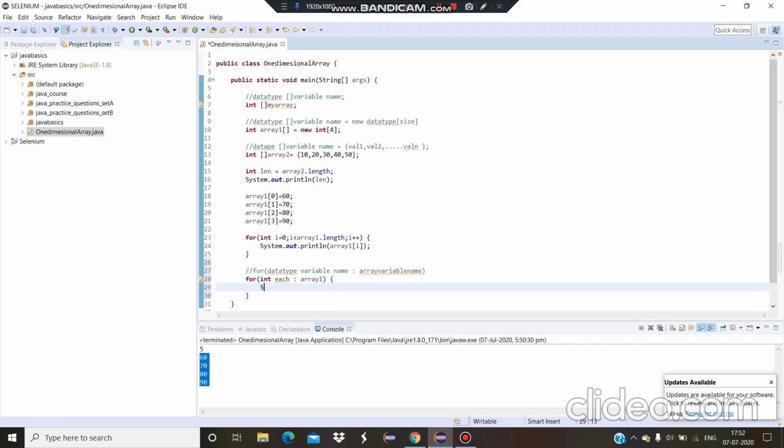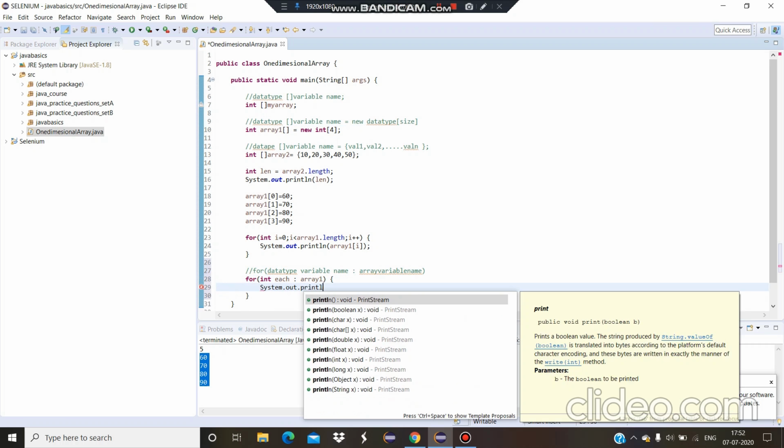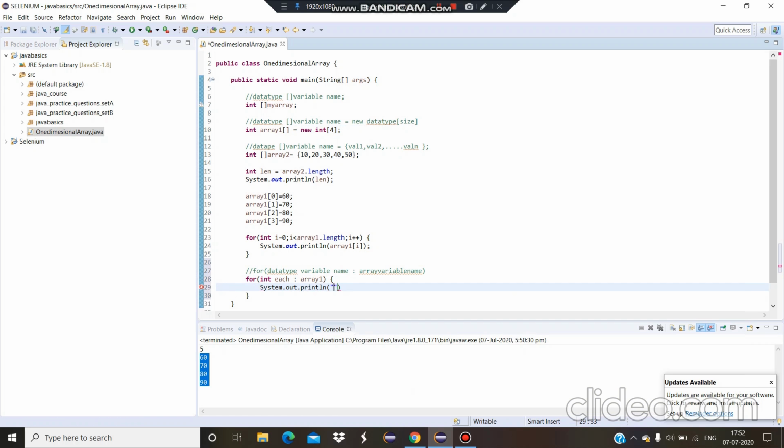So under it I am giving System.out.println(each). So wait, I will show you this output alone so you can better understand it.